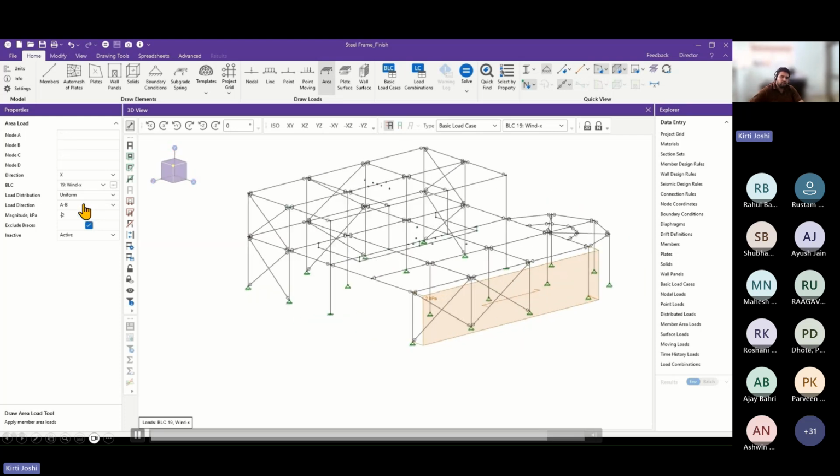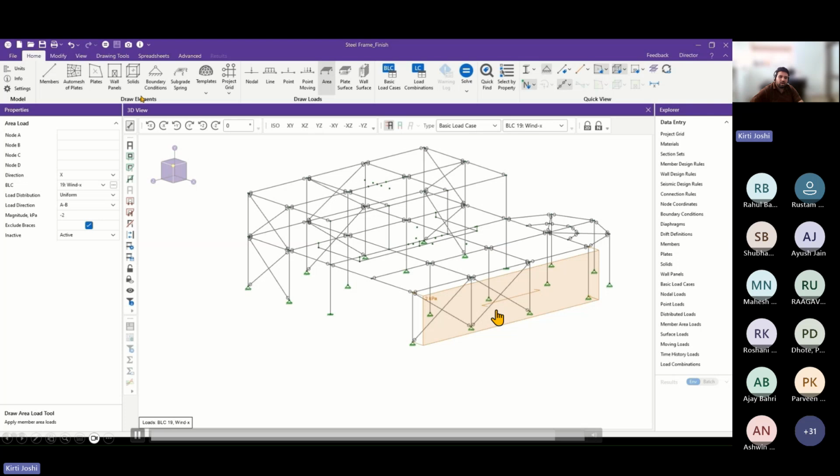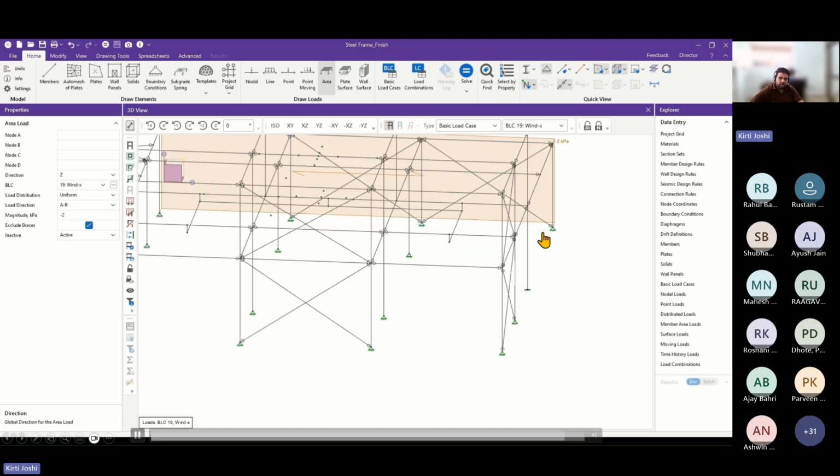So you can just create in the different directions. The direction is X right now. So the wind load has been applied, the area load has been applied, and once the analysis runs, it distributes all the loads to the windward pressure into the member as well. So in this way, we can use the area load features option in both of the directions to manually input